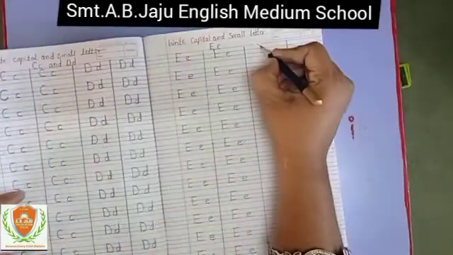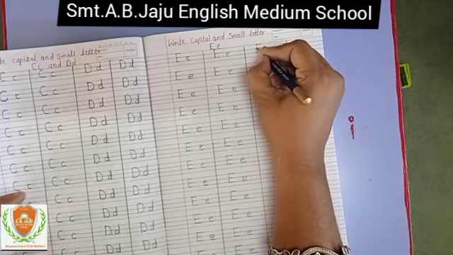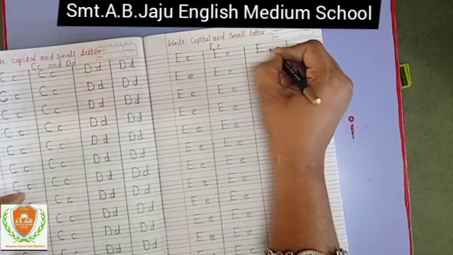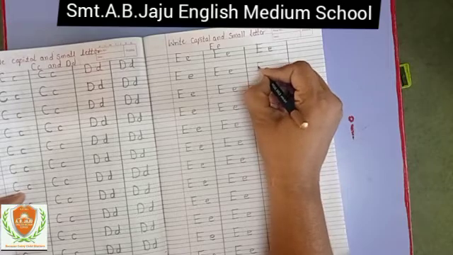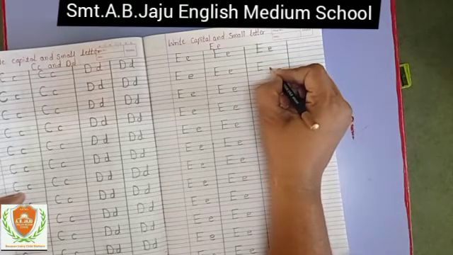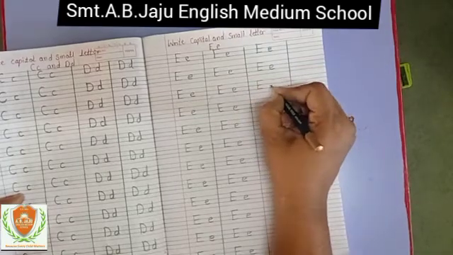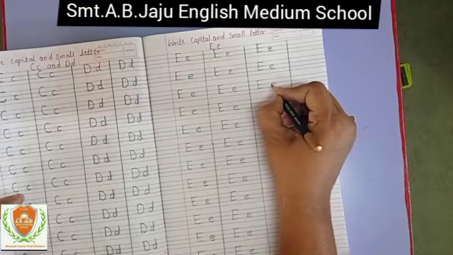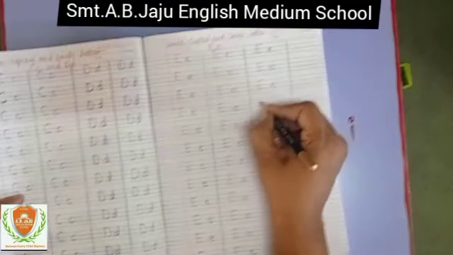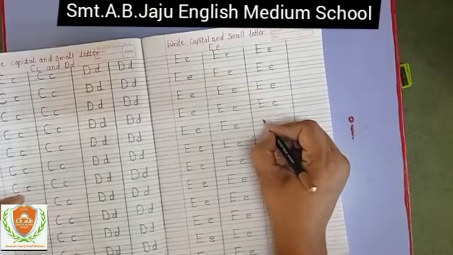Like this you have to write down. You have to start from the top, standing line to the bottom like this, and slipping line. This is capital E and this is small e. Standing line, slipping line. Okay, capital E. And how will you write small e? Make a circle, turn and draw between two blue lines, a left side curve. This is small e.